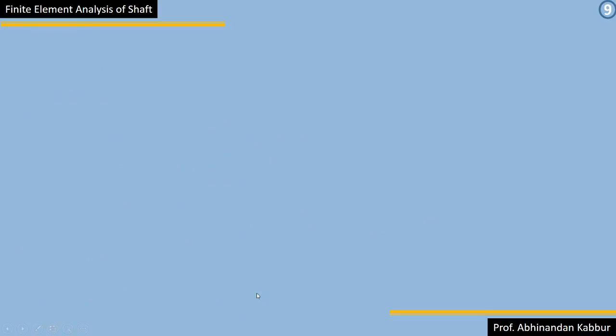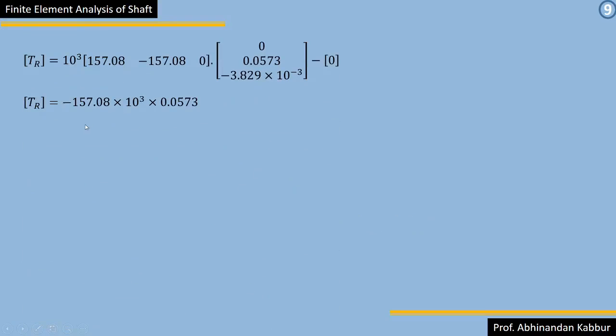Now once again I'll substitute all the values, this eliminated row as it is. Now I'll put the values of theta 1, theta 2, theta 3. So these are the values I have substituted. Minus T1 is 0. There is no torque at node number 1. That is what I substituted as 0. Then this matrix I need to open it by multiplying: 157.08 into 0 is 0. So this term into this, that is what I have written here. Then 0 into this term is eliminated, so I have not shown it here. Therefore when I do this calculation,